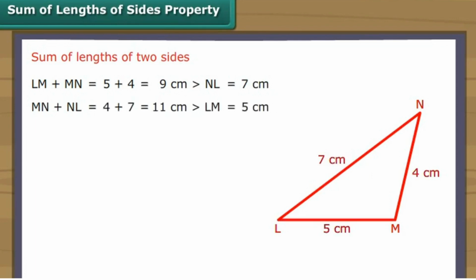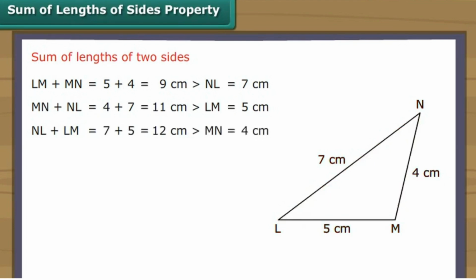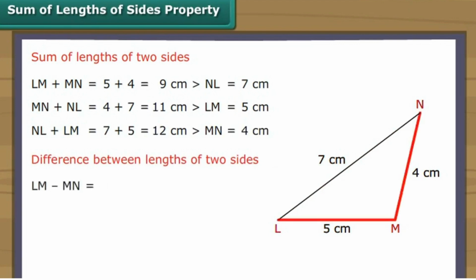which is 5 cm. NL plus LM is equal to 7 plus 5, which equals 12 cm, which is greater than MN, which is 4 cm. Now let us look at the difference between the lengths of two sides. LM minus MN is equal to 5 minus 4, which equals 1 cm, which is smaller than NL, which is